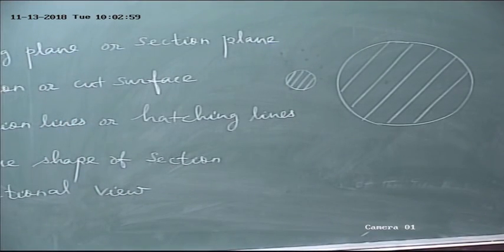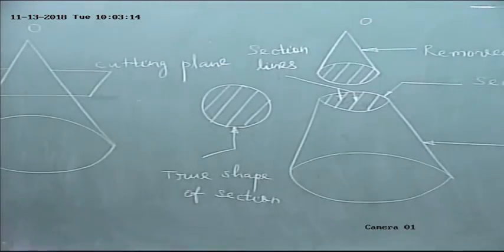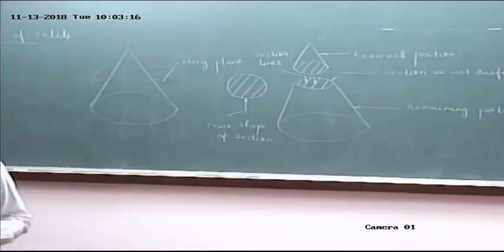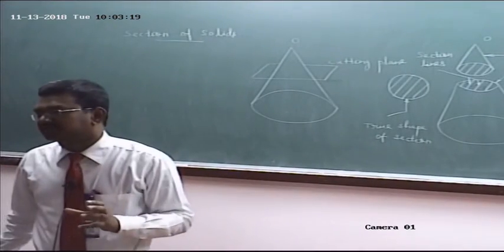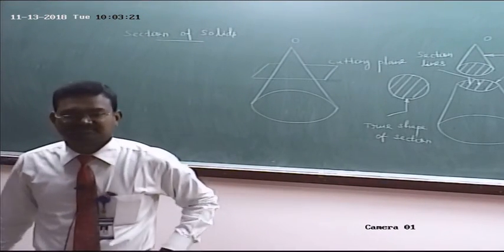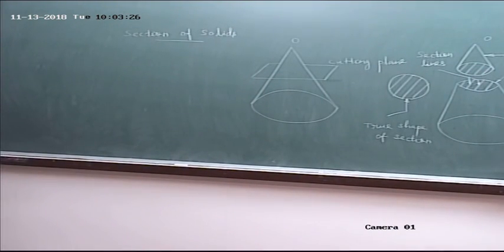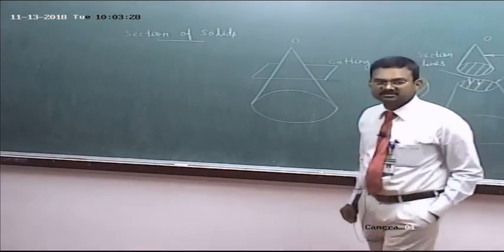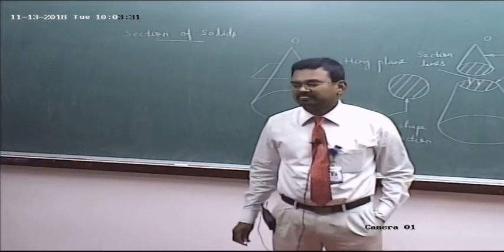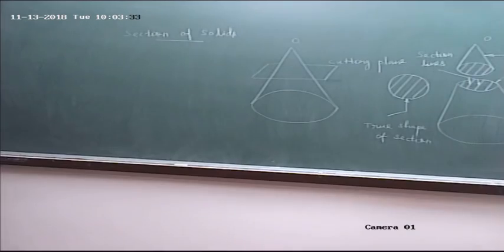So approximately equal space. The hatching lines or section lines are 45-degree inclined lines which are used to represent the cut surface or section. They have a uniform space between them, usually 1.5 mm to 3.5 mm. So mainly the space between the section lines depends on the size of the cut surface. Did you understand about the third term? What is section line or hatching line? Yes or no?